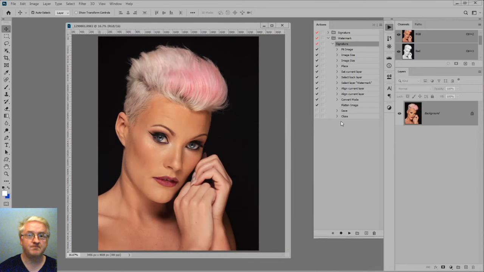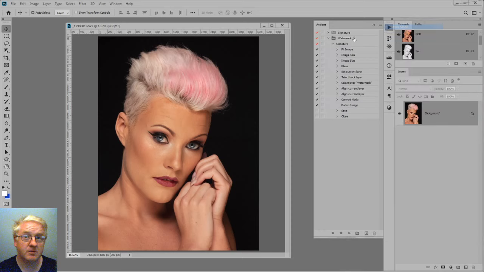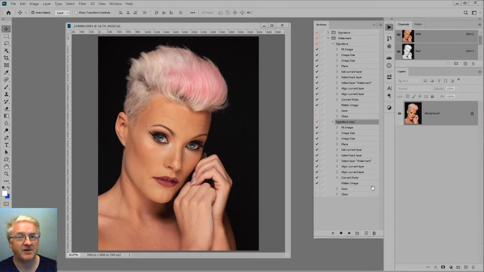So we have our original image open, and remembering that we unchecked the save and the close here, the signature, if I select, making sure I'm not in button mode here, and go back to the standard one, and I open up the watermark folder and I have signature. If I click on signature and I drag it down to the new action button, it makes a copy of the whole thing. And if I double click on the signature copy and just rename it signature invert, okay,